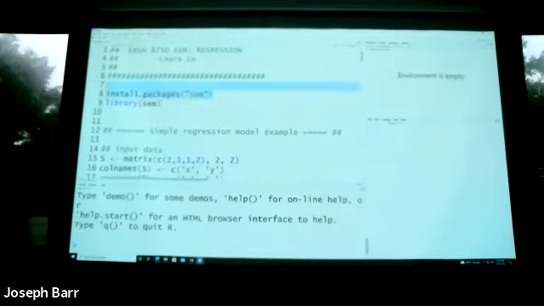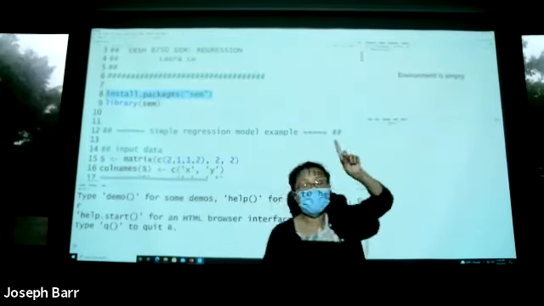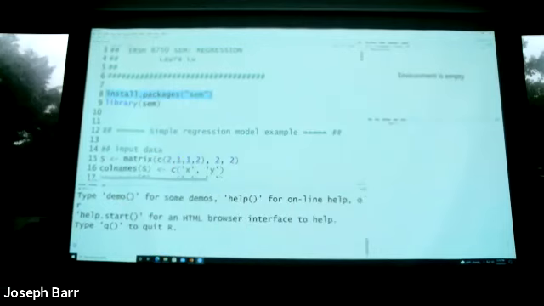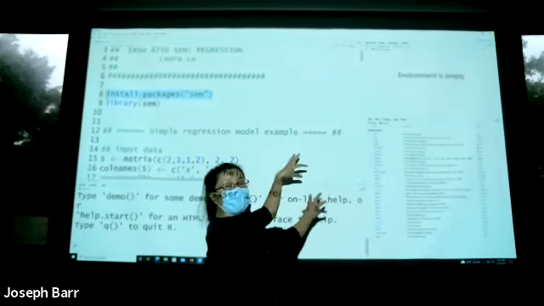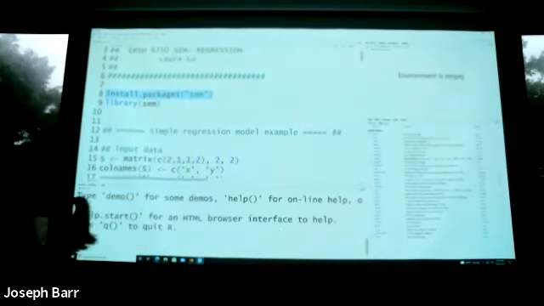Okay, so if you haven't installed that package, you can just run this line. But if you have already installed that package, you don't need to do it. If you want to check, go to the right panel here. Here we have some tabs. One is called Packages. Click the third tab, Packages. All of these are packages installed on your current computer. So you check if there's a package named SEM.